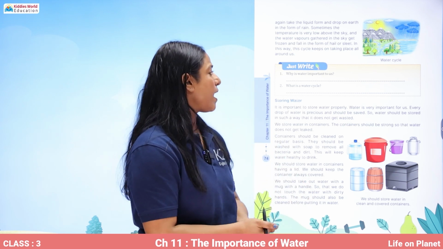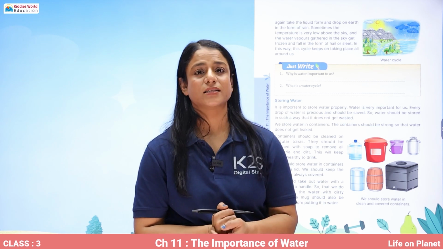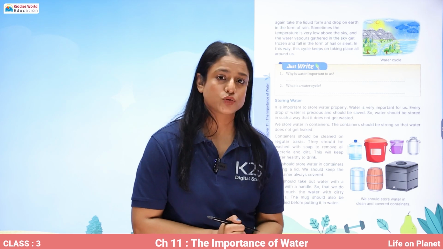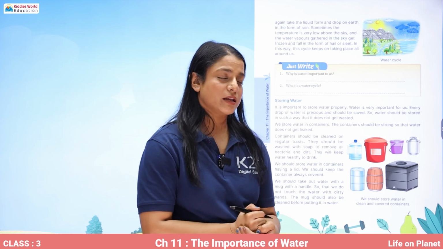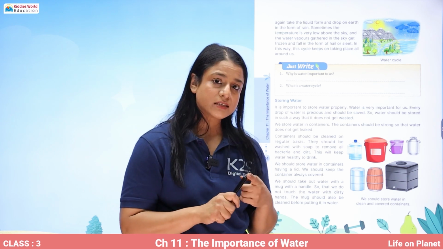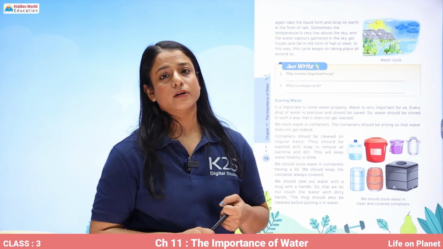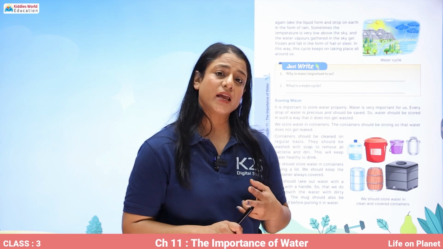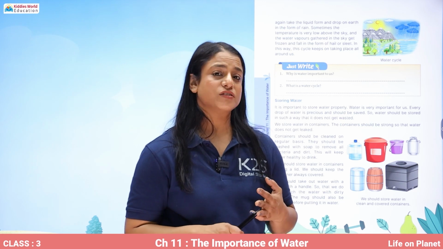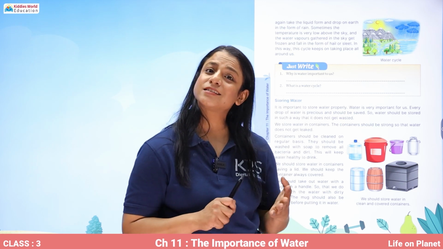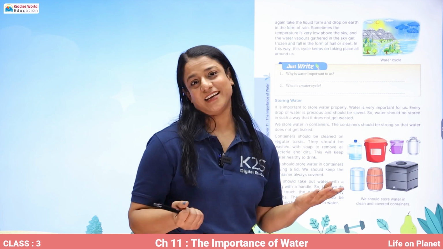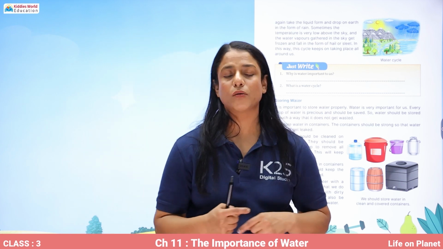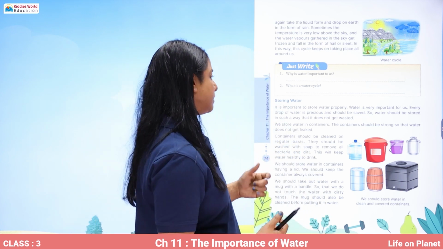Now, let's write, why is water important to us? Water is important to us for our survival. Also, apart from drinking, water is used in washing utensils, clothes, mopping our houses, keeping our toilets and bathrooms clean, brushing our teeth, bathing our pets, watering the plants, irrigation of fields, washing our vehicles, etc. What is the water cycle? Changing form of water from one form to another is called the water cycle.